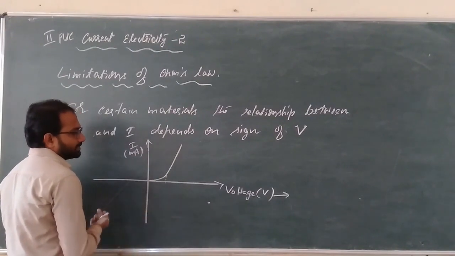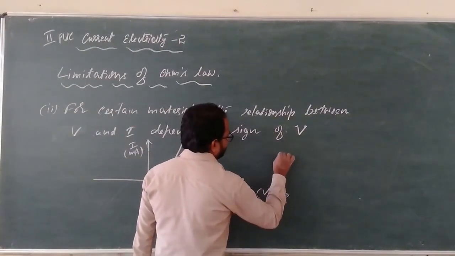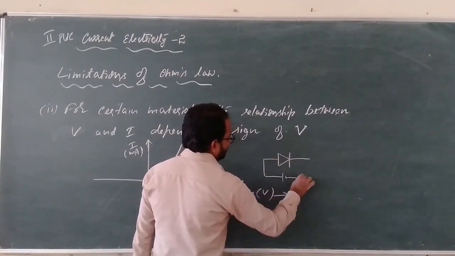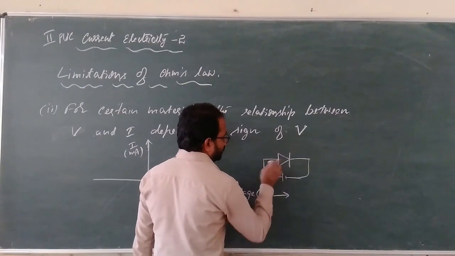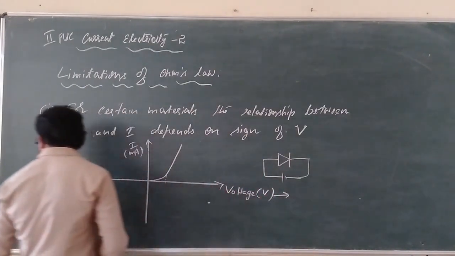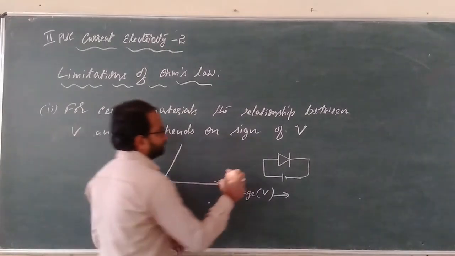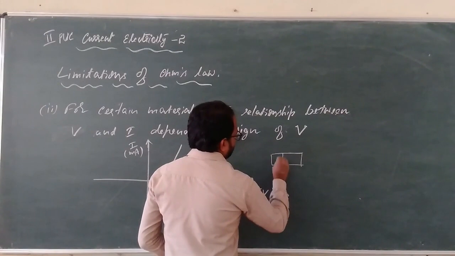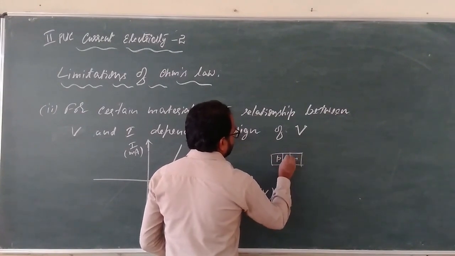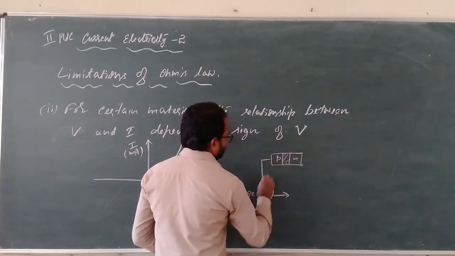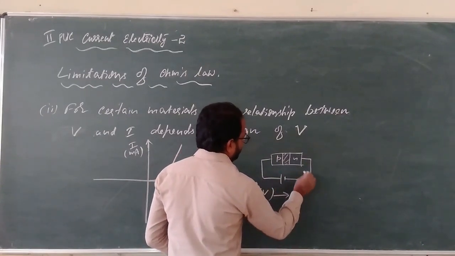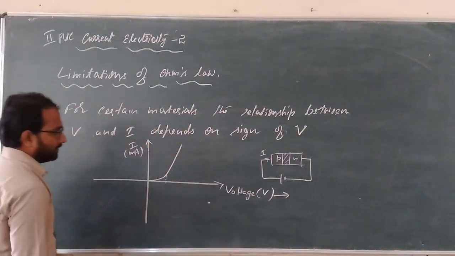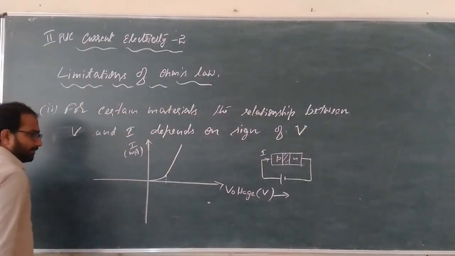Now just reverse the polarity. Say this is the diode, now in the forward biased condition. I have to connect a resistor. I'll draw it like this. This is P, this is N, this is the depletion region. Now this is the forward biased condition, right? So current flows through it like this. After the knee voltage, the current rises sharply.